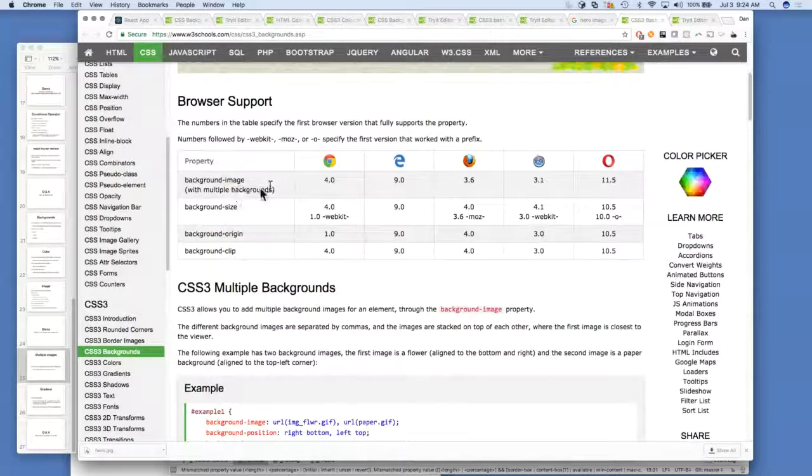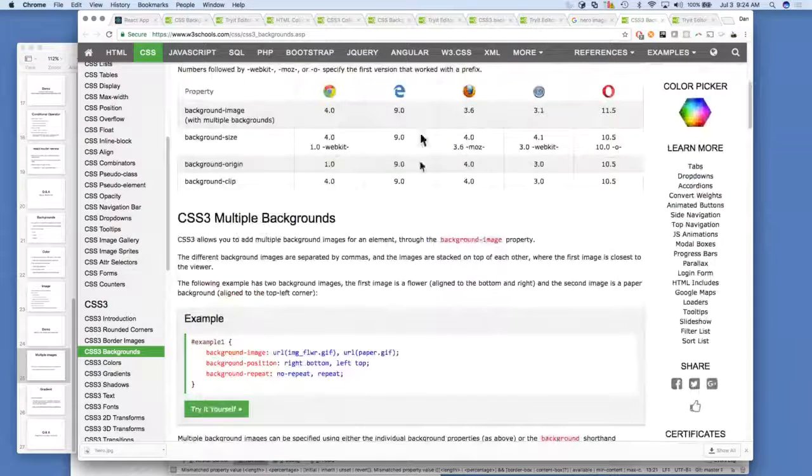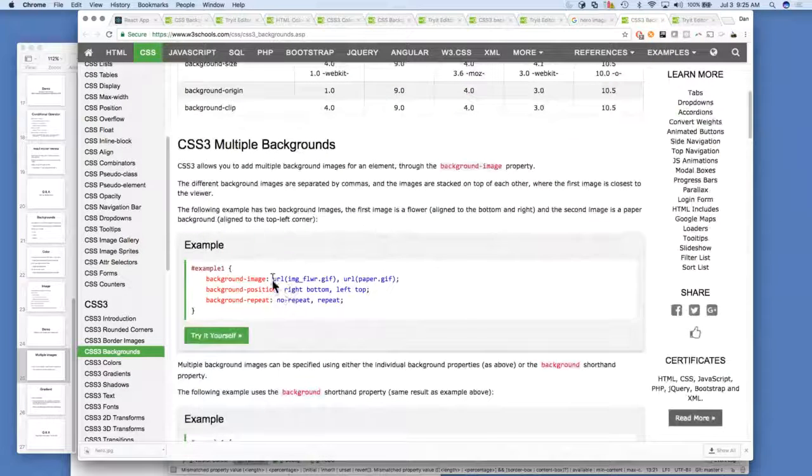Right here. So background image with multiple backgrounds is supported in IE 9 and above, and then all the other sensible browsers in the lower versions. IE is going to give you the biggest trouble with any of these CSS3 things, because generally people using IE are enterprise users, and they're actually stuck on older versions of IE, including IE 8 or IE 7. If you're working in an enterprise environment, then you don't get to use some of this fun CSS3 stuff. But it does exist. You can separate the images by commas,